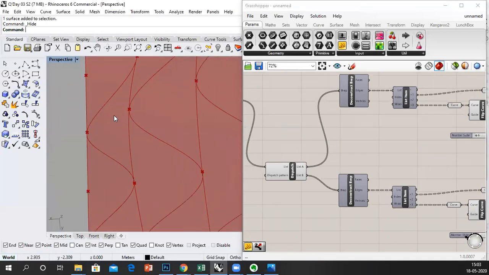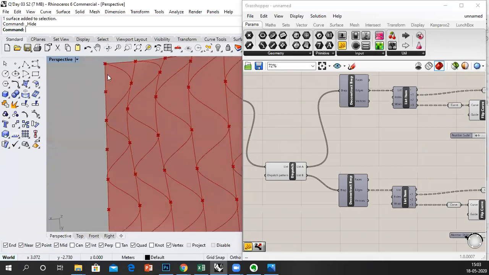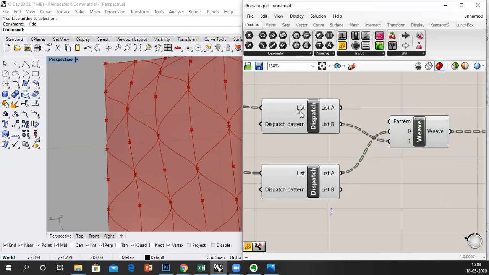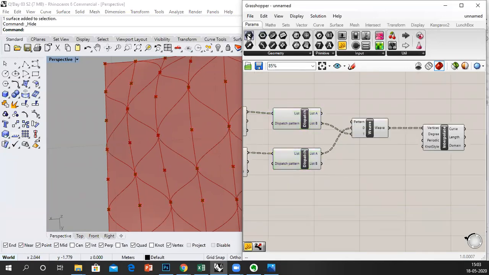But still, the fabrication strategy is not solved unless it works in the opposite way. So the way you connect the pattern over here, and then the points, I'm using these points and these points.